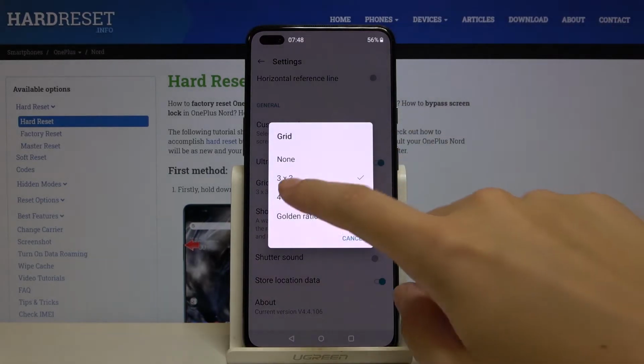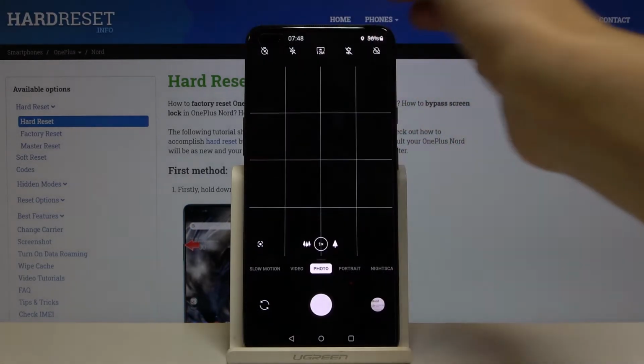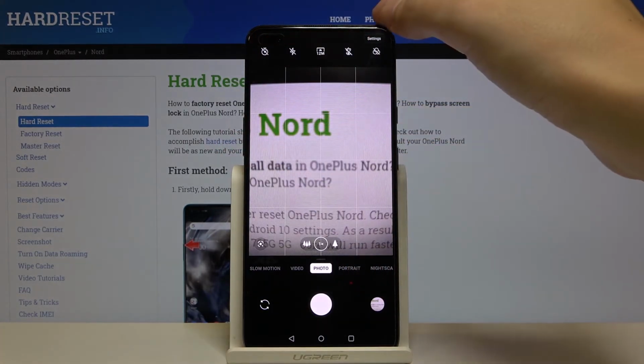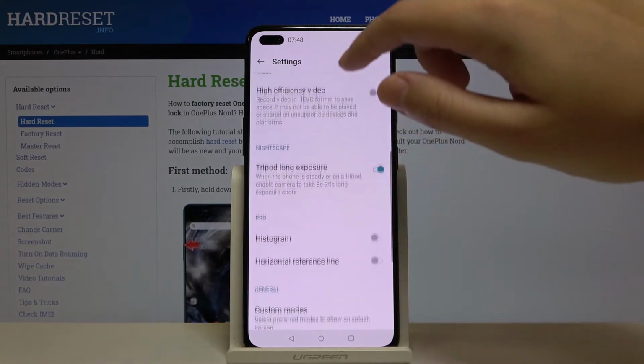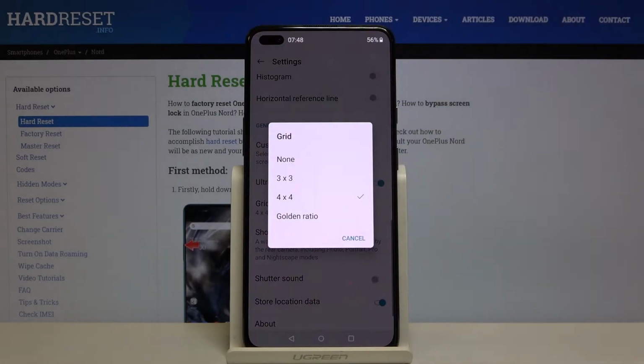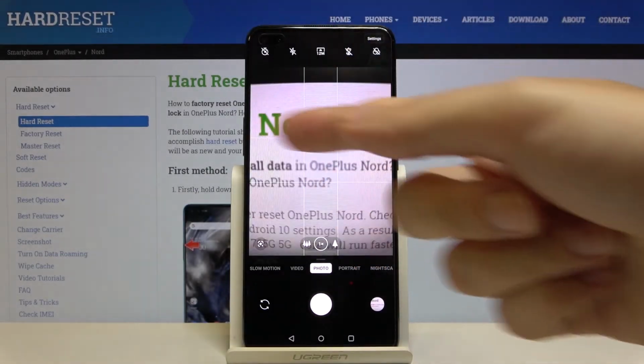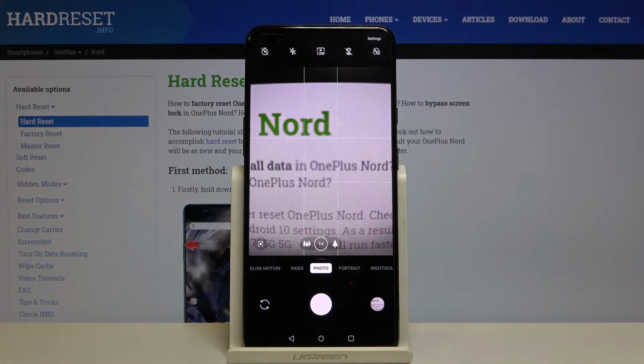And let me show you now 4 by 4. And as you can see, there's a lot more of it now. And once again, when we go here, we can pick the golden ratio. So this is how it looks,